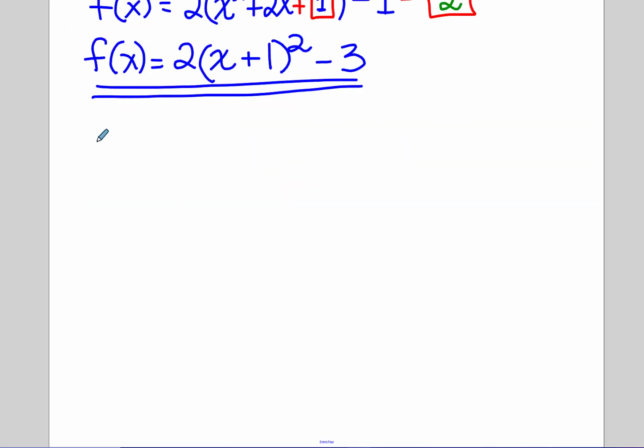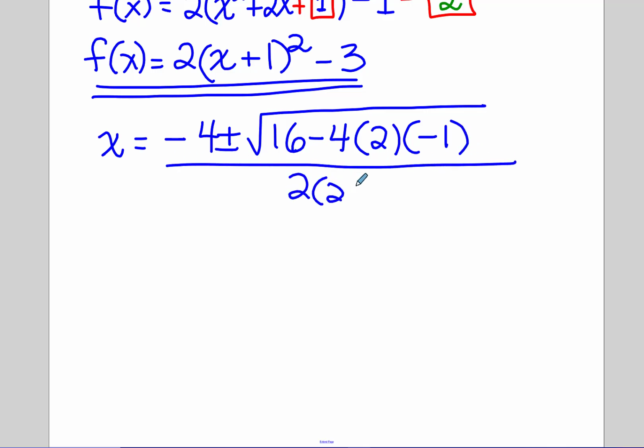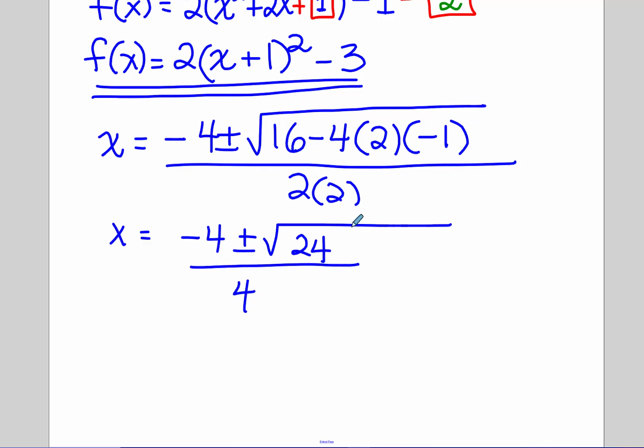So I'm just going to jump to our quadratic formula, if you like, and do opposite b plus or minus the square root of b squared minus 4 times a times c, all divided by 2 times a. And that turns out to be 16 plus 8. 16 plus 8 is 24 divided by 4. And if we just want the exact answer,